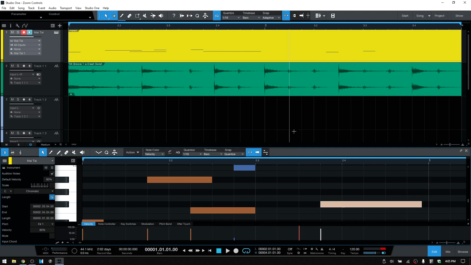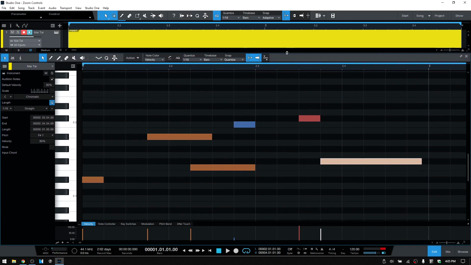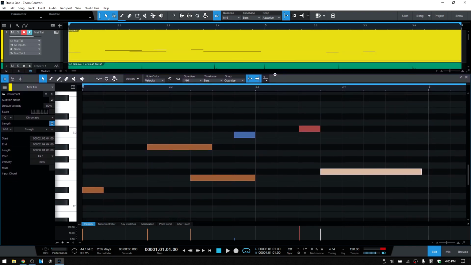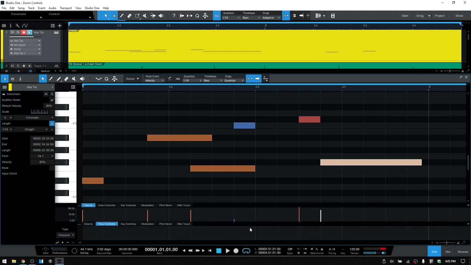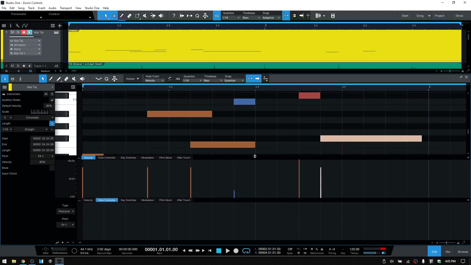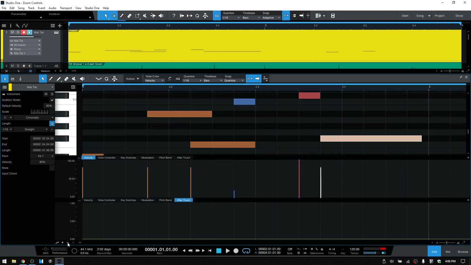All right, so we're pretty much done here. Just know that we can also click, hold, and drag to increase the height of our editor if we'd like a little bit more real estate. And we can also add additional parameter automation lanes by clicking on the plus button here, and we can adjust the zoom, the height of these, and work with different parameters in relation to each other. You can actually just keep on adding these. Clicking on the minus will remove